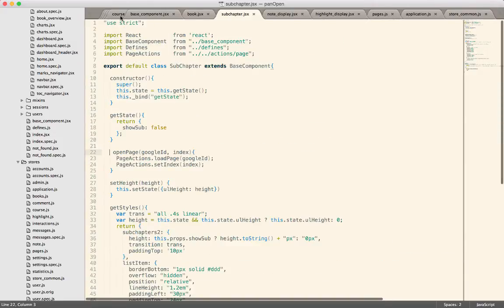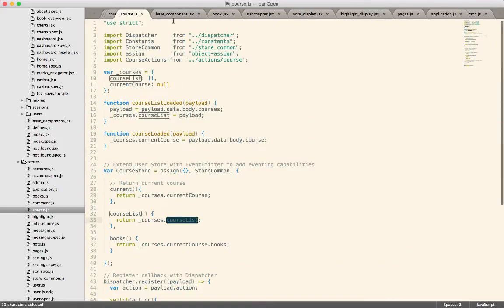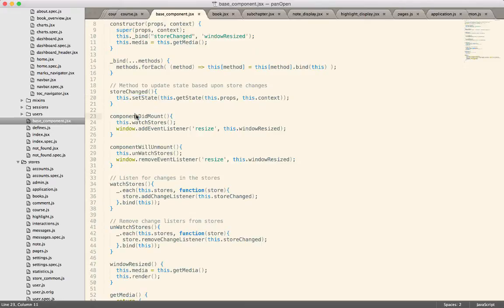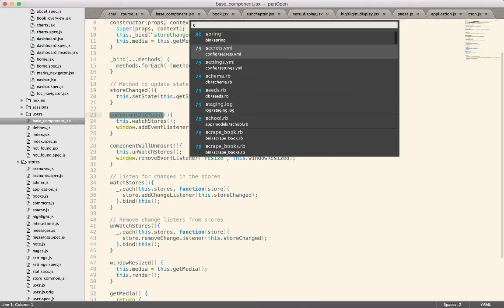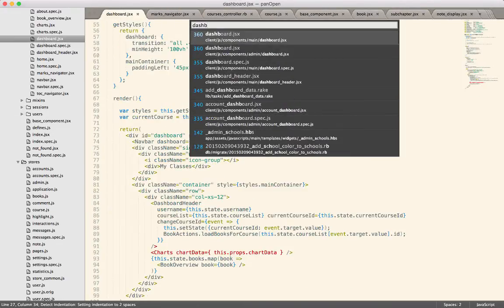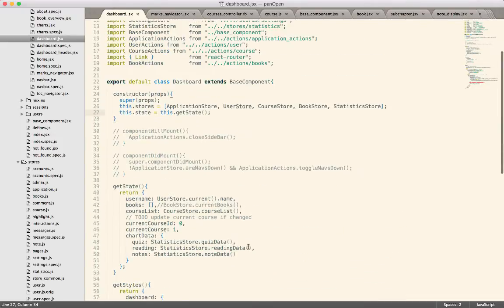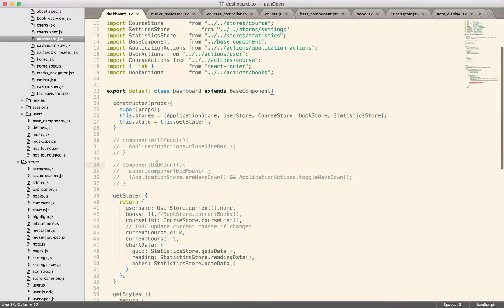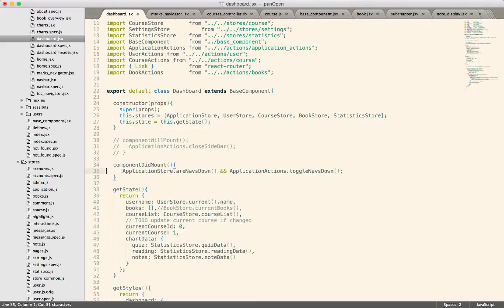Well, there are a couple of components that will override the component did mount. Actually, the dashboard is an example of this. Let's go to the dashboard. So in the dashboard, it's commented out right now, but we have this component did mount, and we needed that because there were some specific bits of logic that we needed to check and then call methods based on the state of the application. Now, the first time I saw this application, I did not see this bit of code